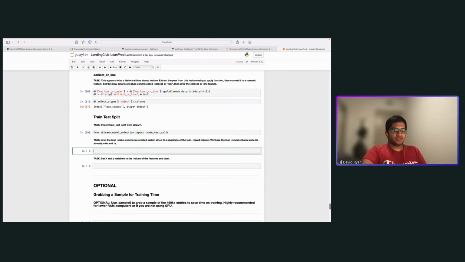Because it's already a duplicate of the loan repaid column, that's why we don't really need the loan status column. So just dropping that. And now once we do that, we're basically just going to set our X and Y variables. So our X will contain the loan repaid column. X will contain the